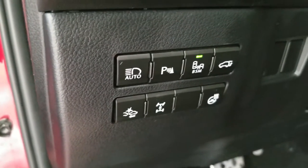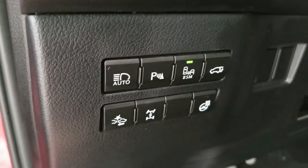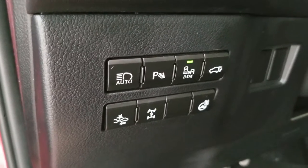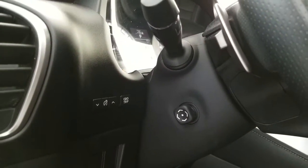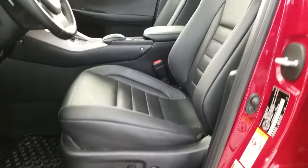automatic high beam, park assist sensor switch, blind spot monitor with the rear cross traffic alert, power liftgate, pre-collision system, center locking differential, heated steering wheel, power tilt and telescopic steering wheel, driver seat memory seating, power adjustable front seating,